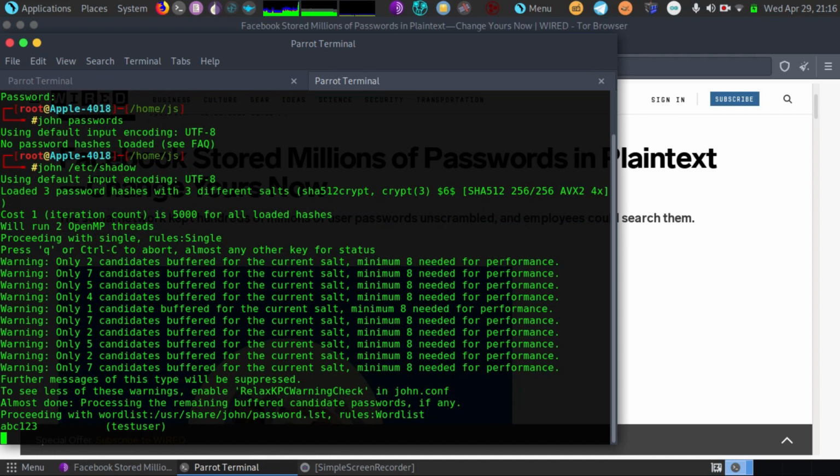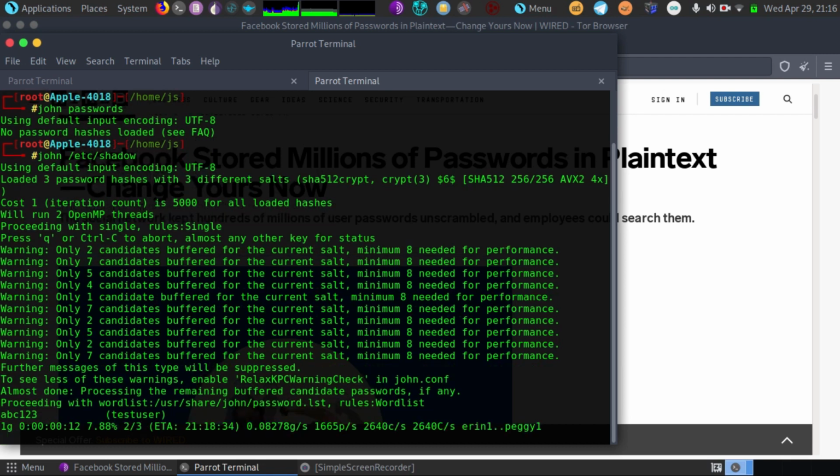Okay, already cracked the test user account. As you can see, it has only cracked that one password so far, the weak password we used as an example, ABC123.